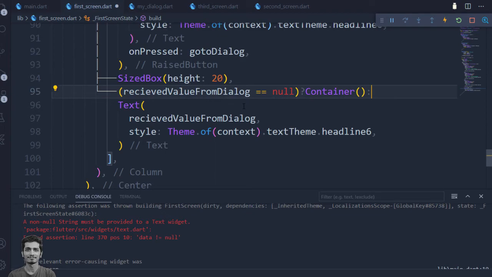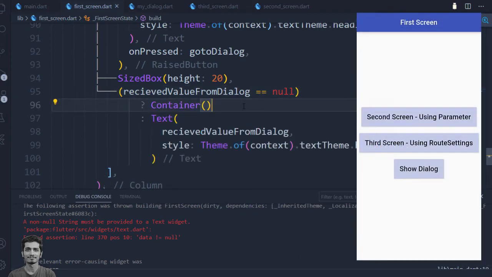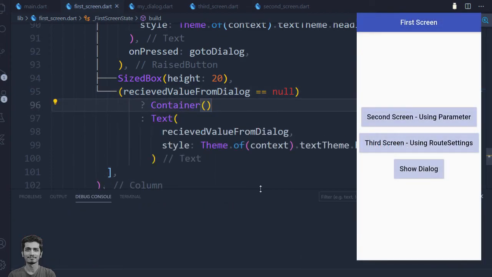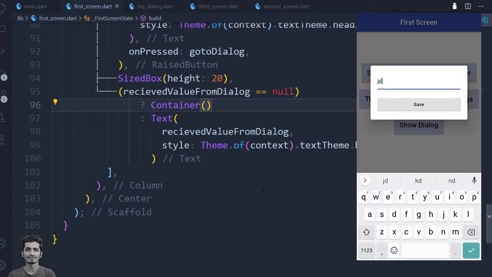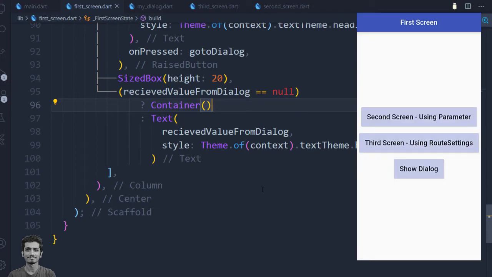Now let's save this widget and you can see our error is removed. Let's go to the show dialog and try to write something inside this dialog. I will press the save. You can see we have nothing here because we have the empty container.